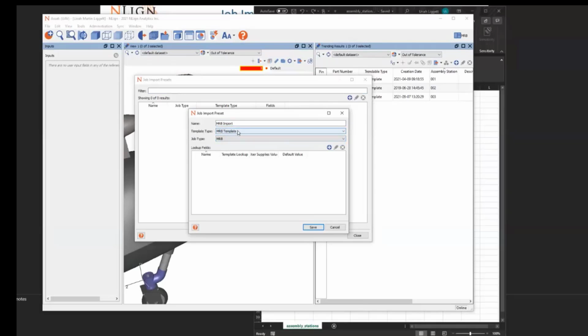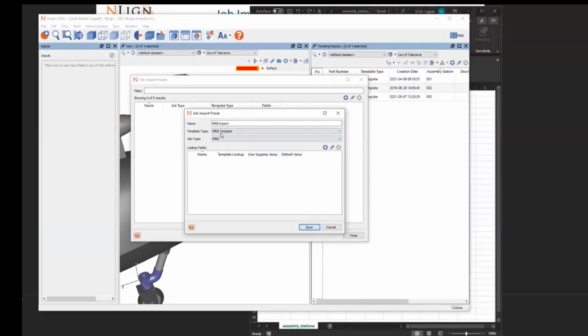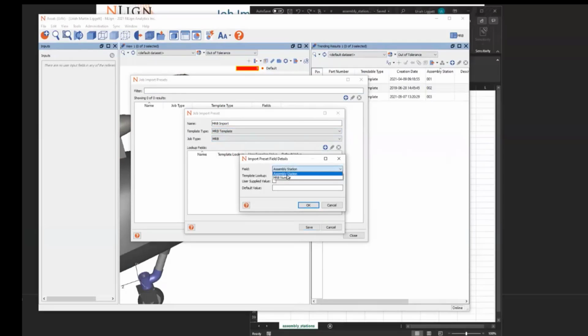So I'm going to find MRB templates and turn those into MRBs for all of the rows of my CSV file. Now, how do I find the MRB template that's associated with each row of my CSV file? Well, I need to have a lookup. So I can find them by something that's going to be in my CSV file. So it's going to be assembly station. That's what uniquely defines them. So that's my template lookup